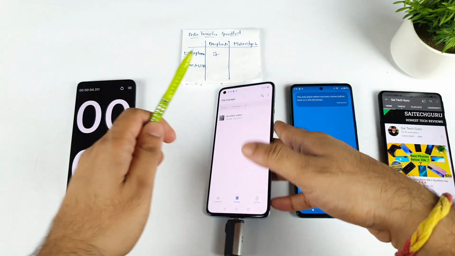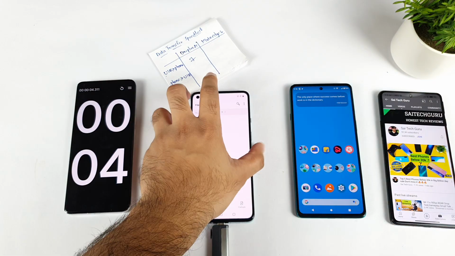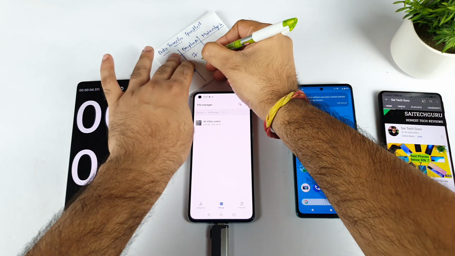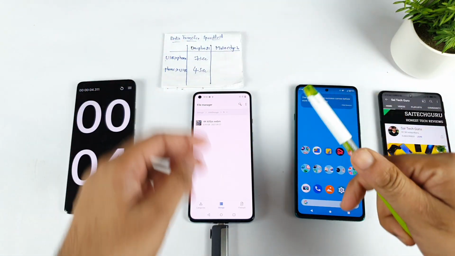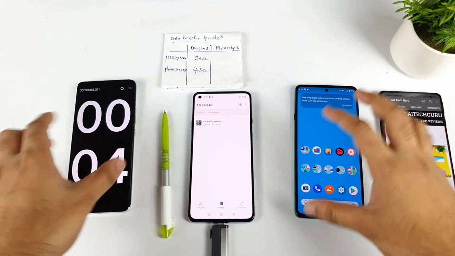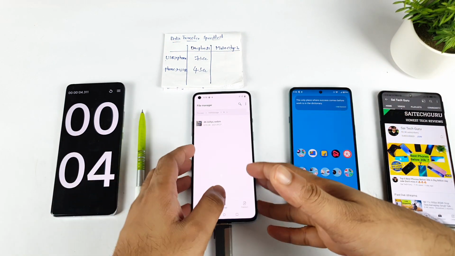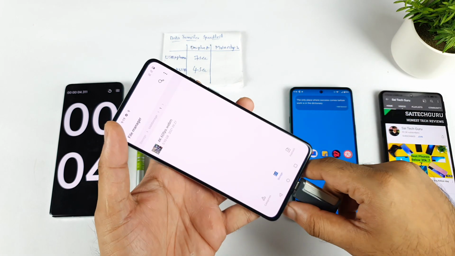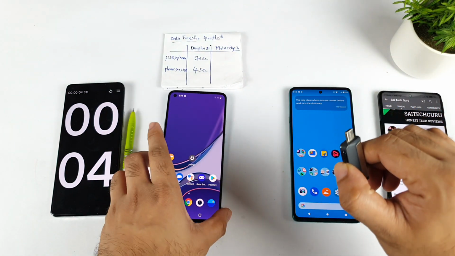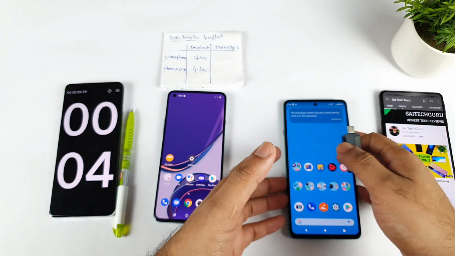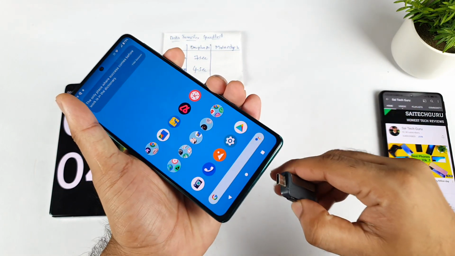Yes. So this is the power of having this Type-C 3.0 port. 7 seconds and 4 seconds of time only. Yes. So if you want to transfer the huge amount of data, this should not take so many minutes. So it will finish within 1 minute of time. So 1 GB file only, friends, just 7 seconds and 4 seconds. Now see the difference, how much it can actually make